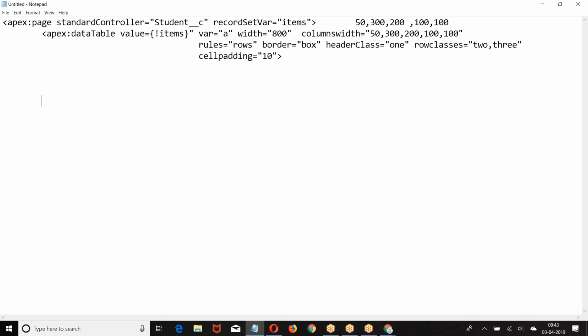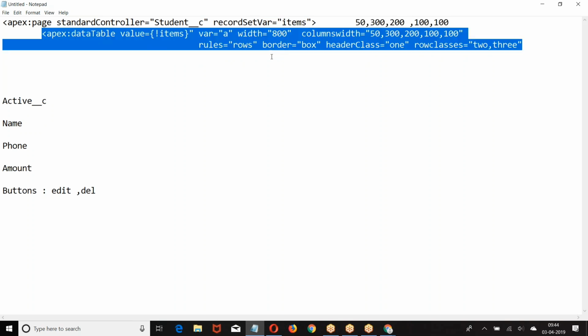right. Now define the columns. These are the properties. Then define the columns and print the value of, in the first column I want to print active, second column name, third column phone, fourth column amount, fifth column buttons. Now everyone is good with this data table now. Then create the columns,